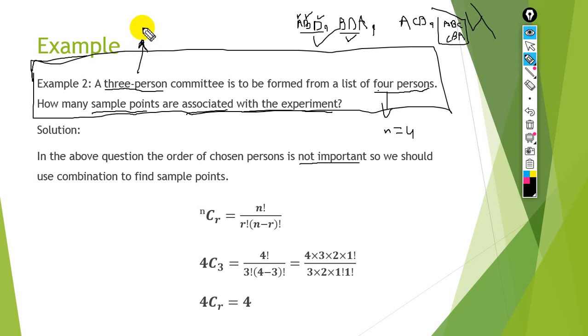So here I want to find the number of sample points in which we will have three letters, three persons. So here